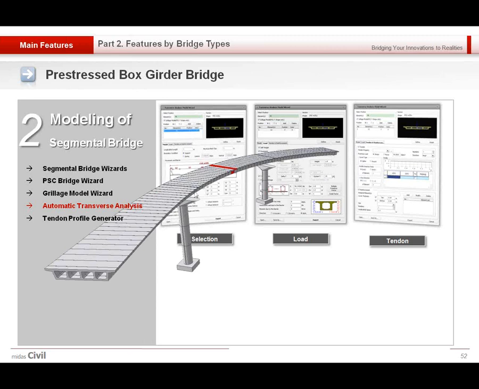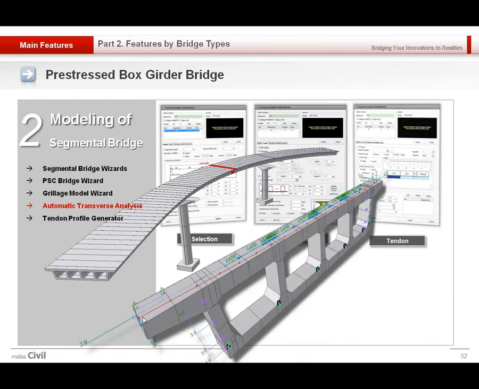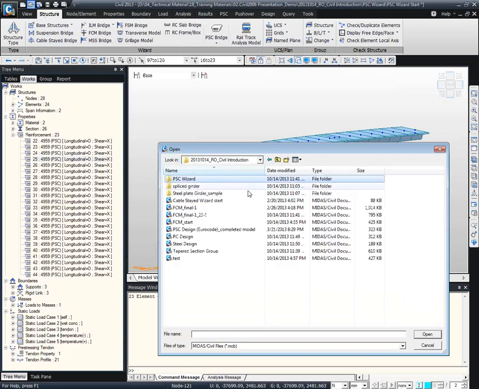After we perform the global analysis using the full model, then we want to check the local effect, like the stress distribution from this multi-cell girder, or we want to find the most critical vehicle position, the lane position. For this purpose, we can use the transverse model wizard in MIDAS Civil. Again, if we check with the program,